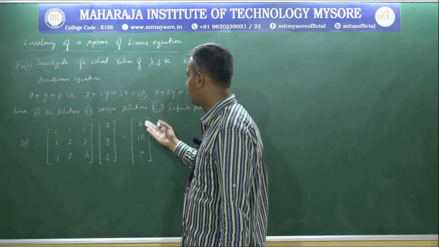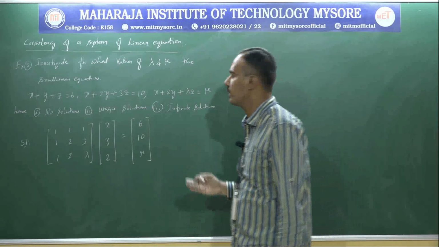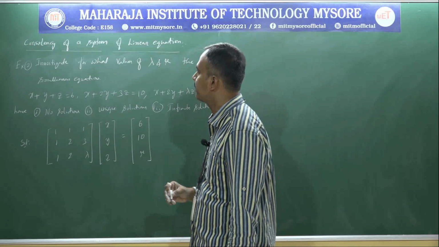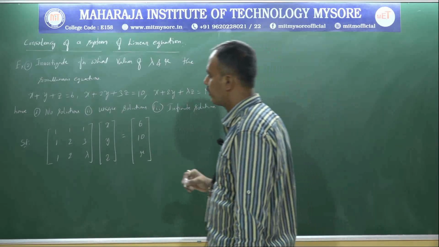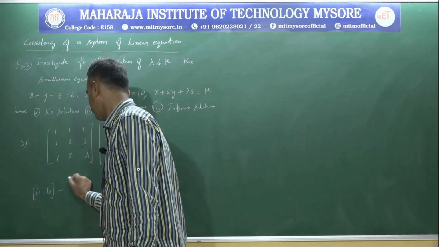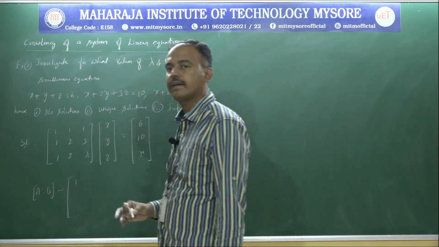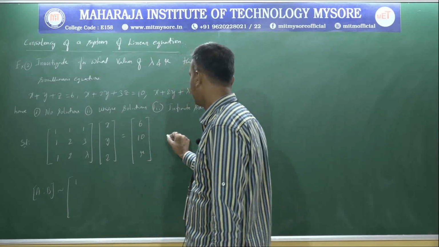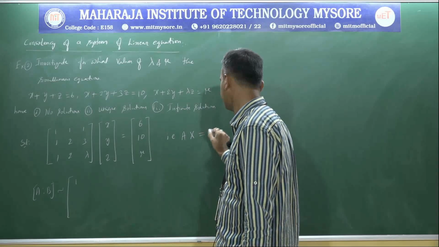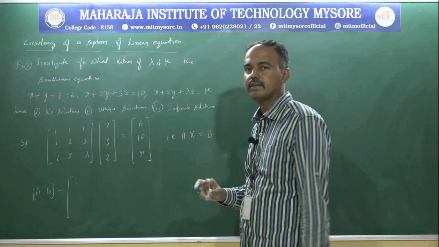Now the next one, the constants here, the RHS values. The given non-homogeneous equation, we can specify in terms of 6, 10, and mu. Now we can represent it in augmented matrix form. The augmented matrix consists of the coefficient matrix A. In general we have Ax = B, where A is the matrix, x is the unknown, and B is the constant matrix.